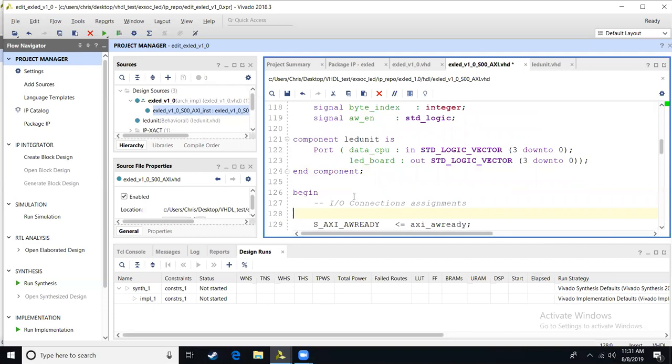Okay, so we're going to add this component into this file. So we'll just make a label for it. And what we're going to do is have an LED unit. I'm going to do a port map. And in this port map, I'm going to have